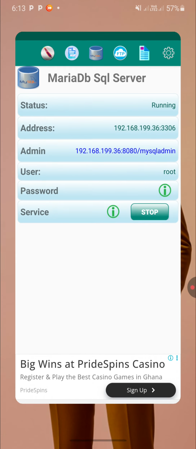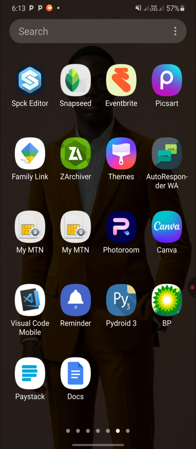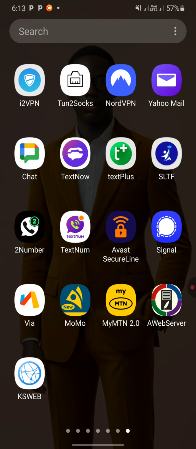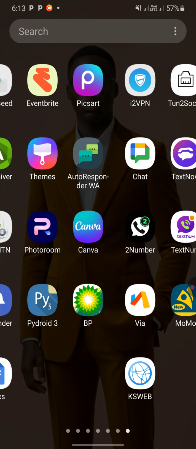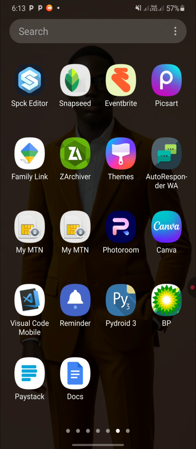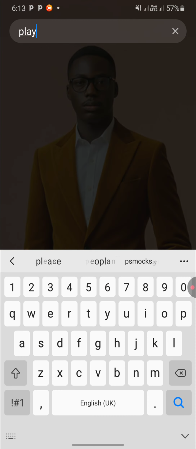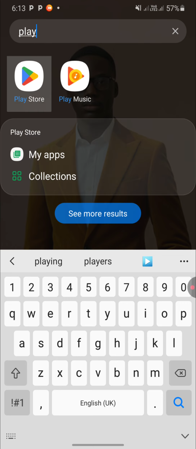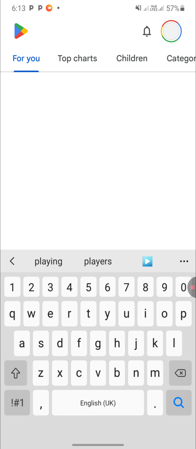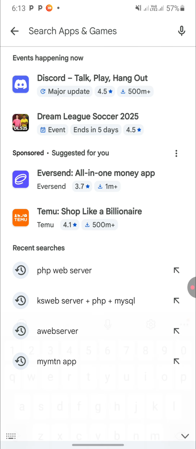So we are going to use this app. You can get this app on Play Store. The name of the app is AwebServer. I'll attach the link to this app in the description of the video. So the name of the app is AwebServer. Just go to your Play Store and then search for AwebServer. So let me quickly go to my Play Store and then search for